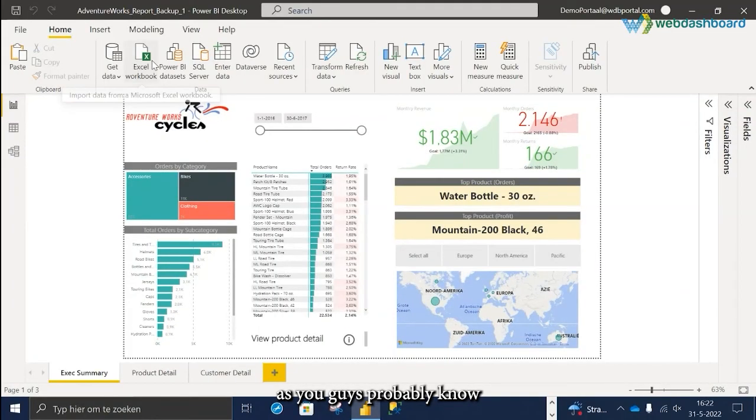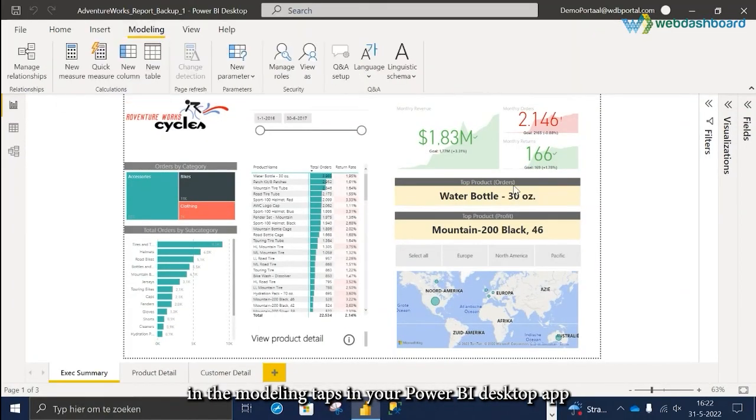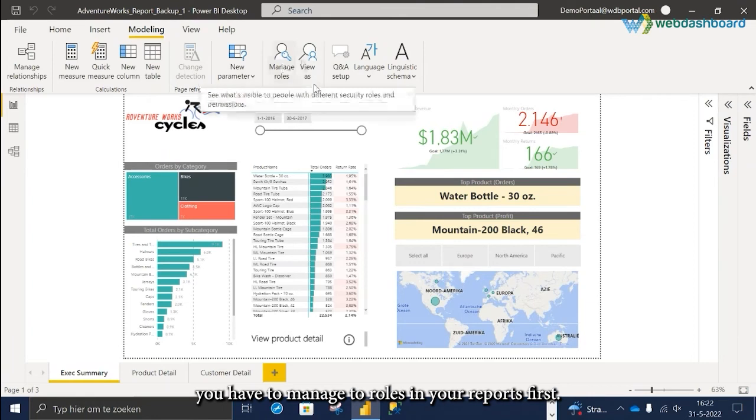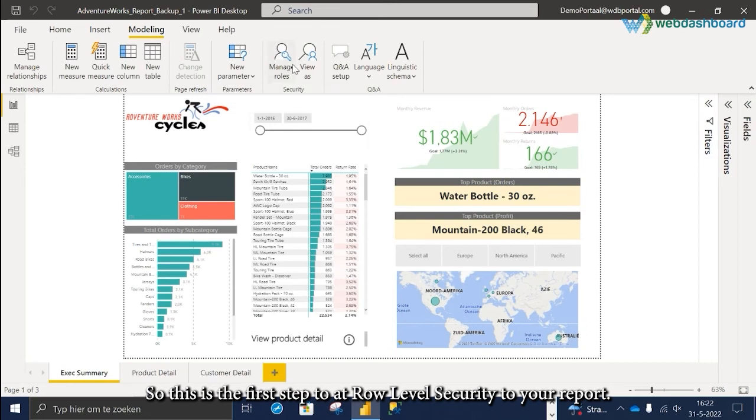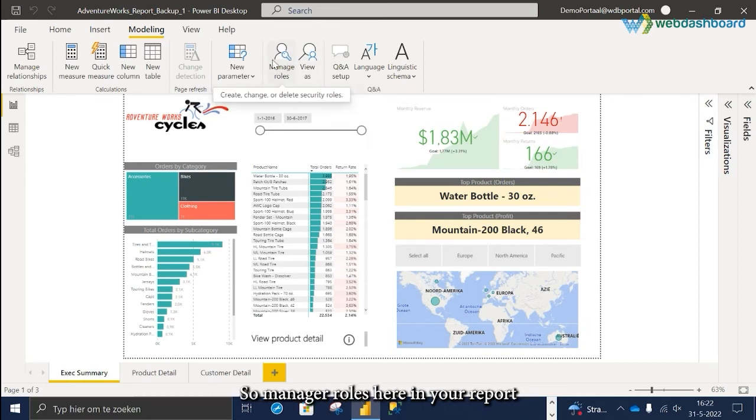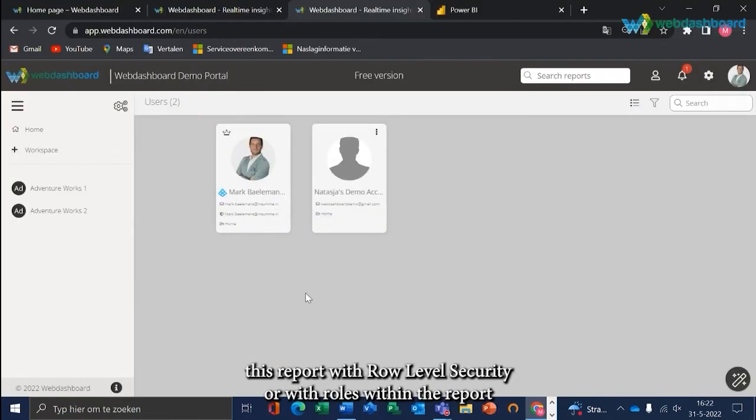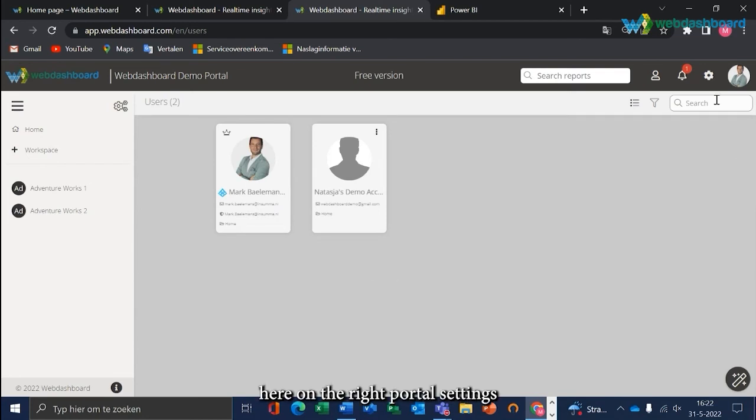as you guys probably know, in the modeling tab in your Power BI desktop app, you have to manage the roles in your report first. So this is the first step to add row level security to your report. So manage the roles here in your report. And after you uploaded this report with row level security, or with roles within the report, here on the right,